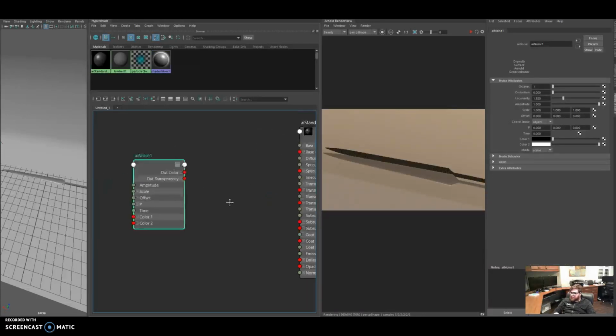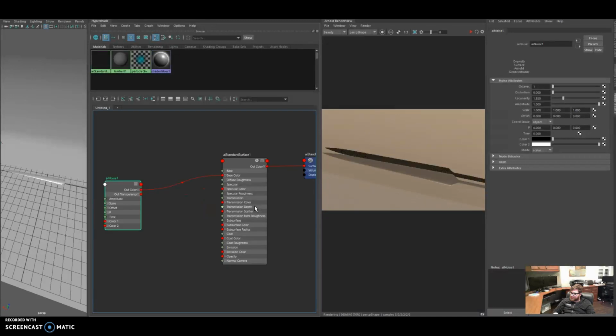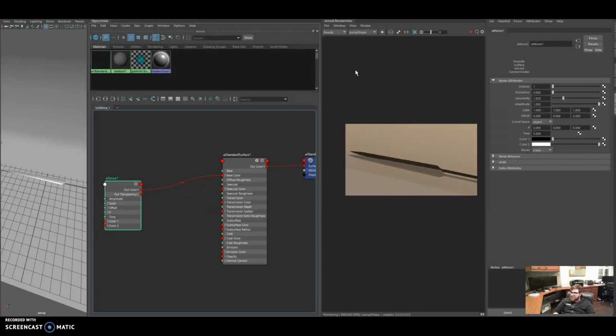So now we have our noise, but it's not currently connected. Well, it's going to be simple. You take this, and see how it's red? It means we're running along here. Connect it to the color. Now, as it stands, also by the way, if you have something selected, I'm going to click right over here,